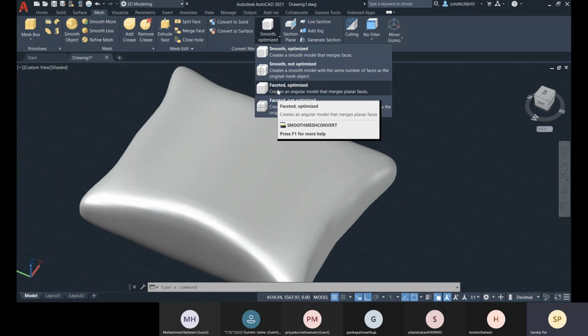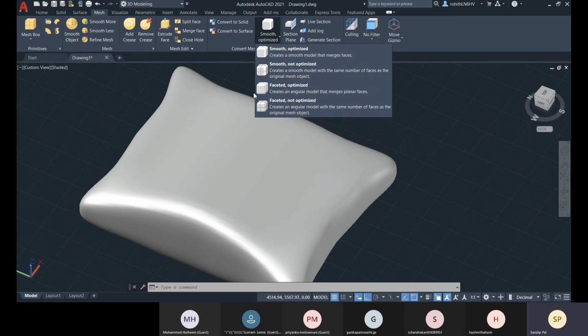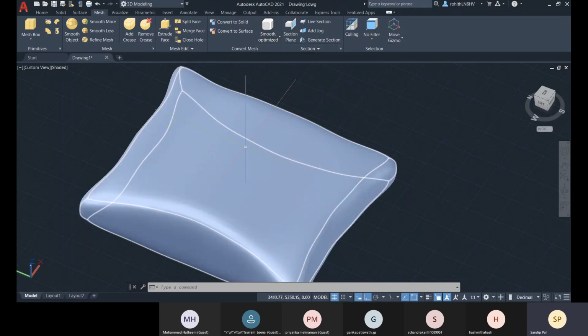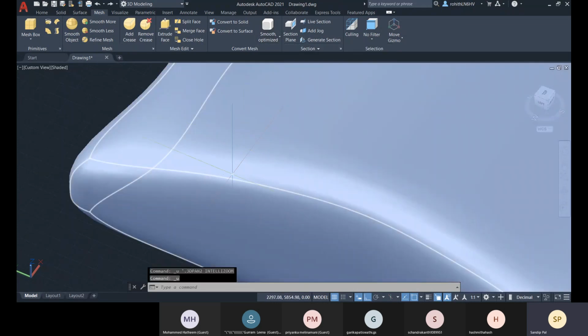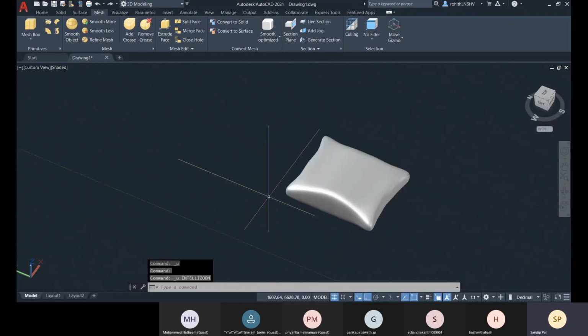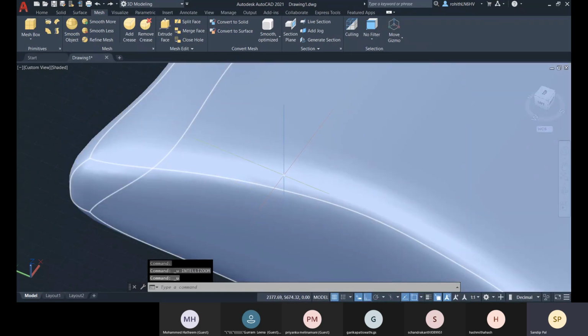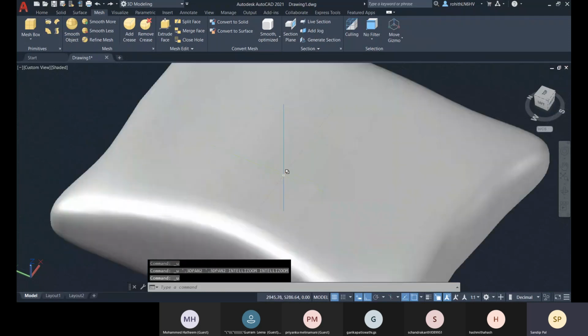If you go for optimized, all the subdivisions will be merged into a single face, but you can see the changes there. You can see the subdivided faces change.